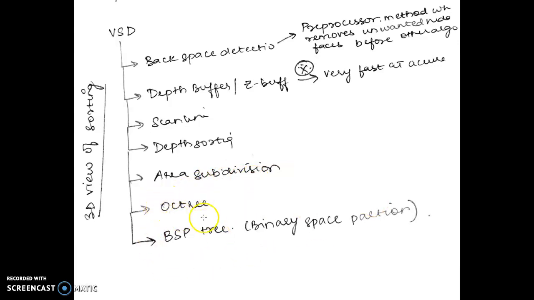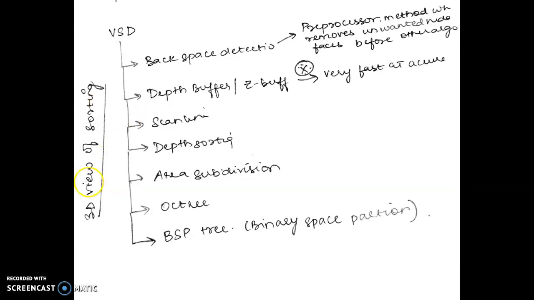These octrees are a part of unit 3. I told you in unit 3 we'd be discussing octrees, but we didn't, because octrees are a part of unit 4 also, and we'll be seeing in detail what octrees are in unit 4. So these visible surface detection methods are used to detect the surfaces which are visible and eliminate the hidden surfaces.